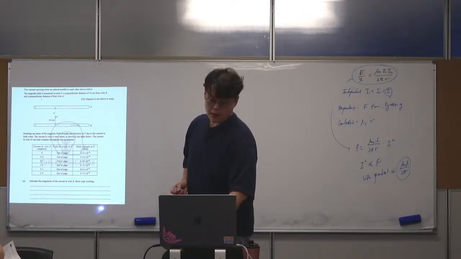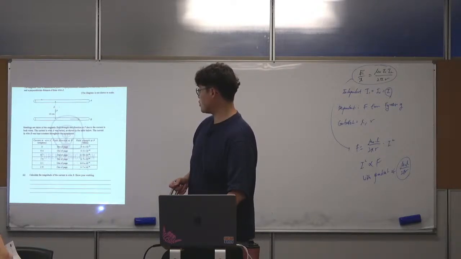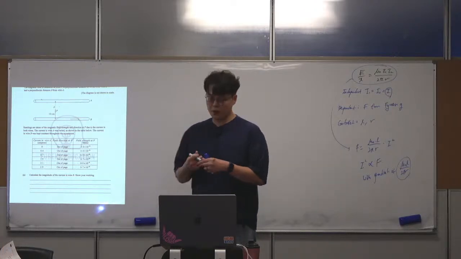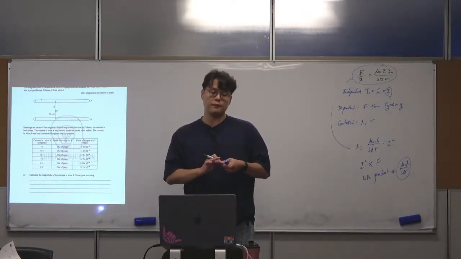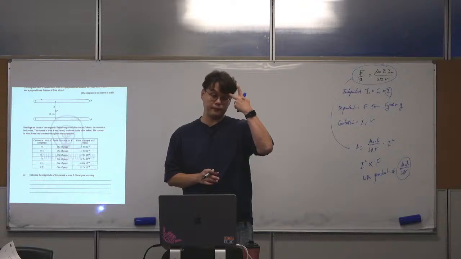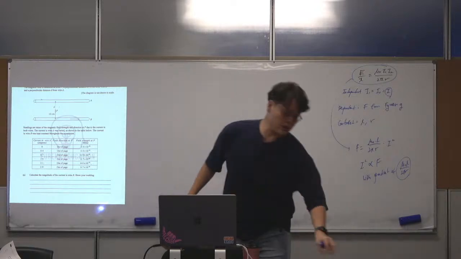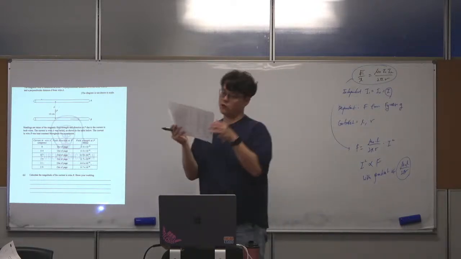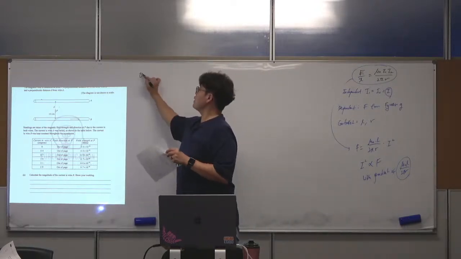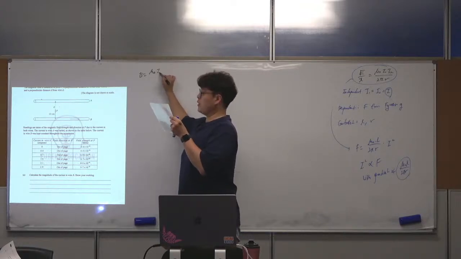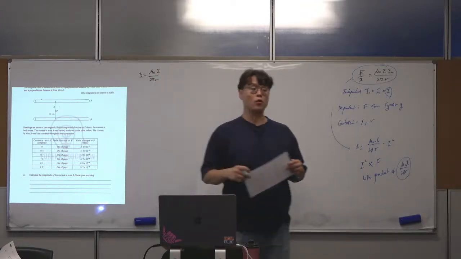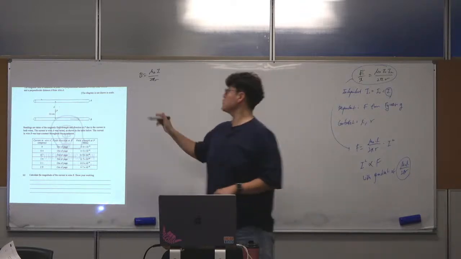A, calculate the magnitude of the current in wire B, show your working. So this is something we learned in, I'm just trying to remember, Ampere's law too. So copy this down. B is equal to, it's actually given on the formula sheet. Let's use that exact value that you're given. B is known to be mu naught I over 2 pi r. That's given on your formula sheet. The B stands for the induced